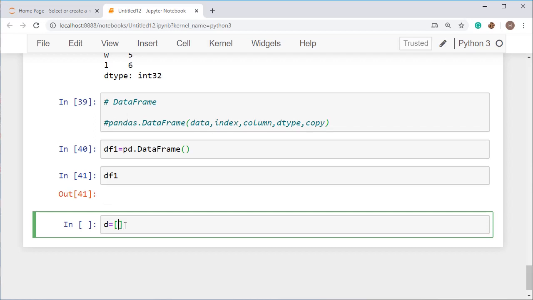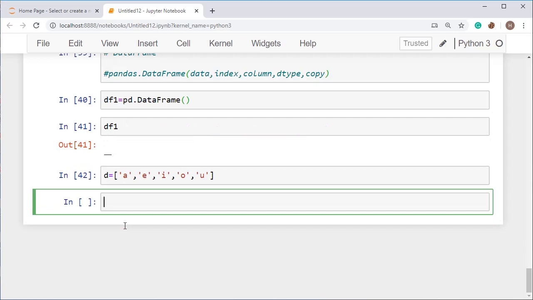I am taking D equal to a list of all the vowels: A, E, I, O and U. I'm taking a list to create a data frame. For that we use D1 equal to pd dot DataFrame, and pass all the things here.